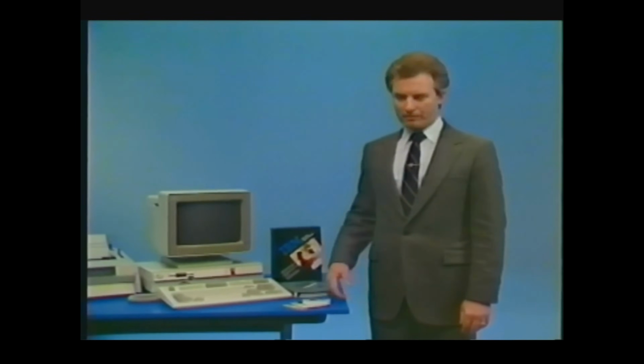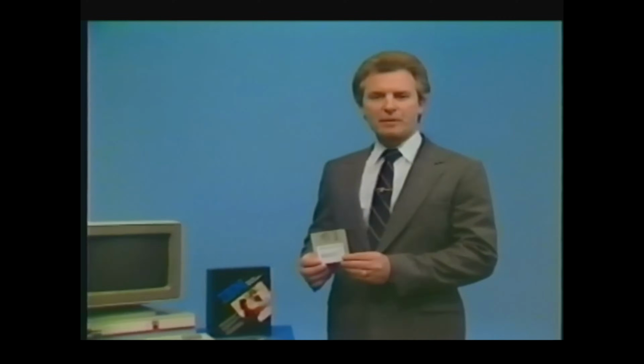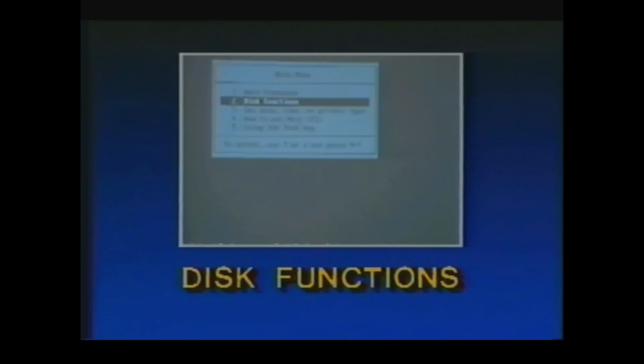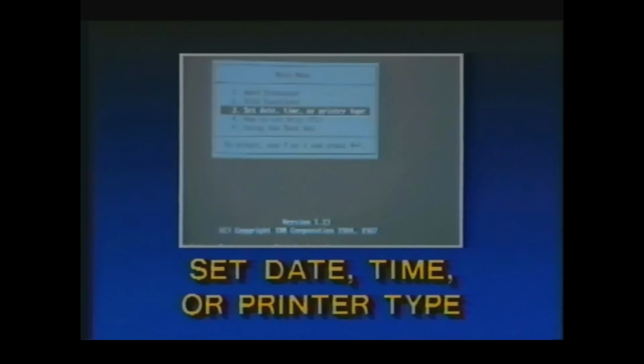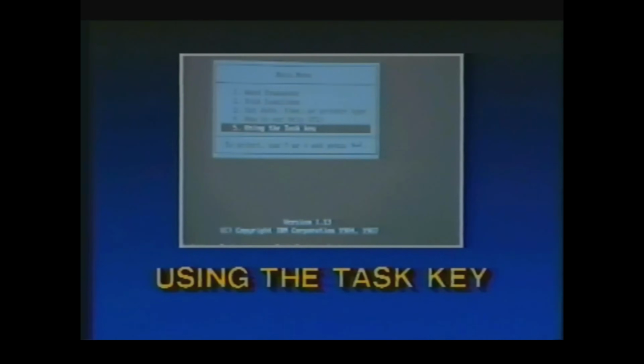The heart of the Personal Typing System is a piece of software called the Personal Typing System Program, which comes on a 3 1/2-inch diskette. The Personal Typing System Program is an easy-to-use integrated secretarial program which allows the operator to choose from the following tasks. On the main menu we have Word Processor, Disk Functions, Set Date, Time, or Printer Type, How to Use Help, Using the Task key,